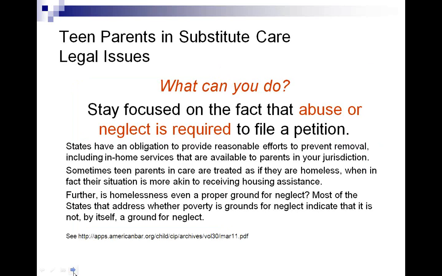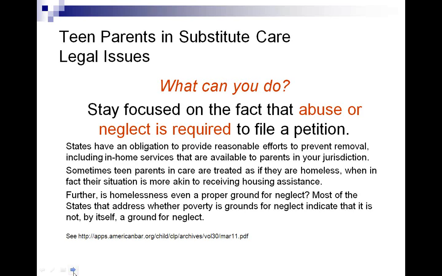states, of course, again, have an obligation to provide reasonable efforts to prevent removal, and I would characterize these cases as being prevention. These are in-home cases. I think the default legal position is that the child is in the parent's legal and physical custody unless you've had abuse. So I would argue that they have the right to the same in-home and preventative services that you would get